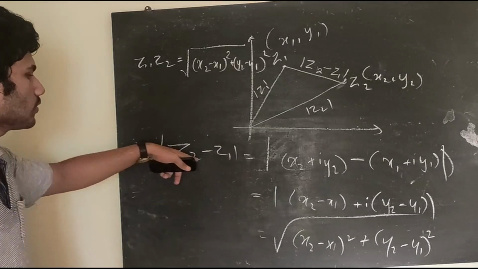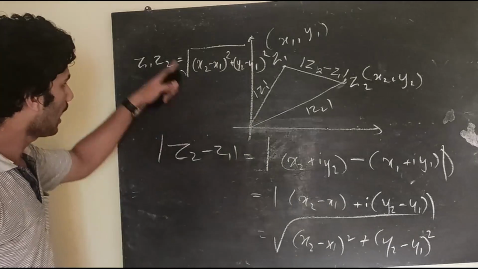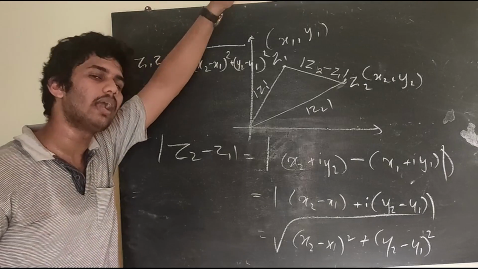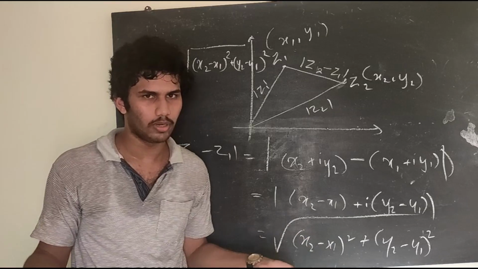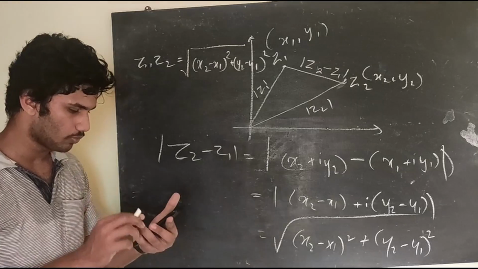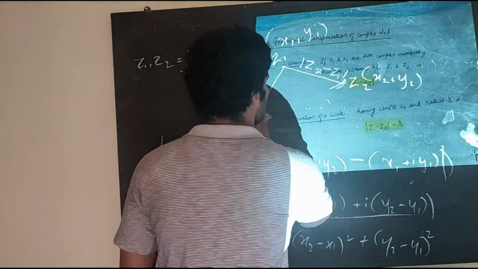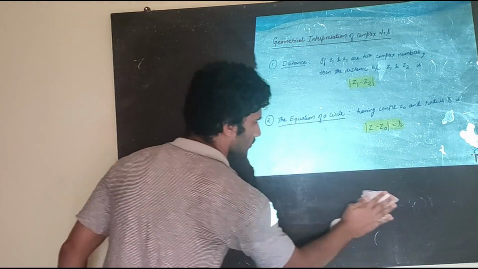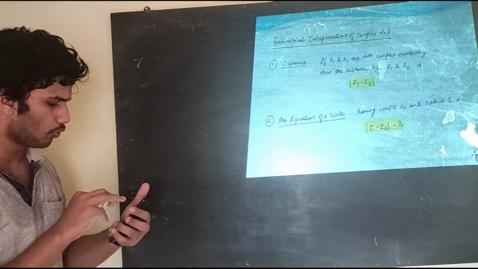So that means modulus of Z2 minus Z1 represents the distance between two complex numbers, and this is a proof for that. This proof came from the Cartesian plane. When you take two coordinates, the distance between them gives the distance formula, and similarly here you have the proof with the distance formula. Okay, so let's move on to the slide. So that is the understanding of distance. I'll make sure that you understand the geometrical interpretation in 10 minutes. Let's move on to the next slide.